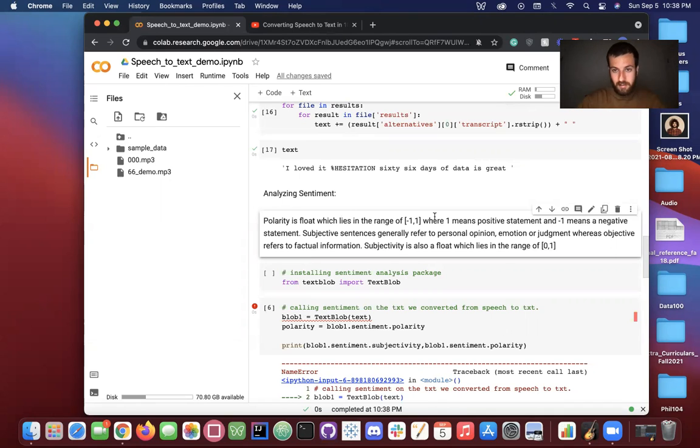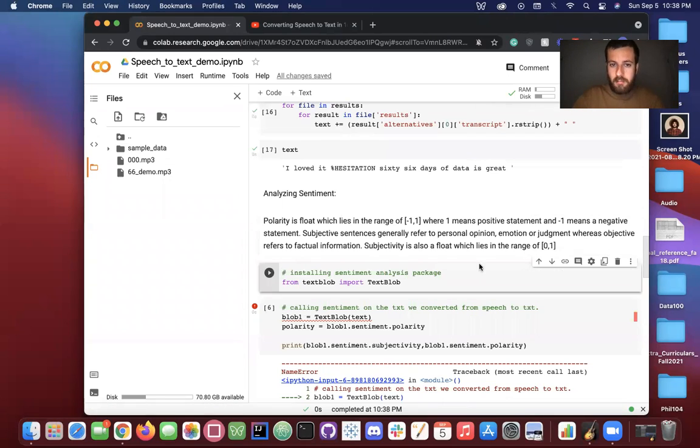Subjectivity is a number between 0 and 1, and it pretty much means, are you saying something subjective, like an opinion, or is it objective, which are just arbitrary statements. And then I'm using this TextBlob. I think this is some kind of NLP package that works with sentiment.